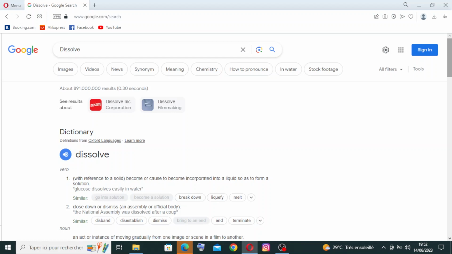So today I have this website for you. It's called Dissolve, and it's an online marketplace that specializes in providing high quality stock footage and photography for creative personnel or professionals. So to get started with the website, simply head on over to Dissolve in